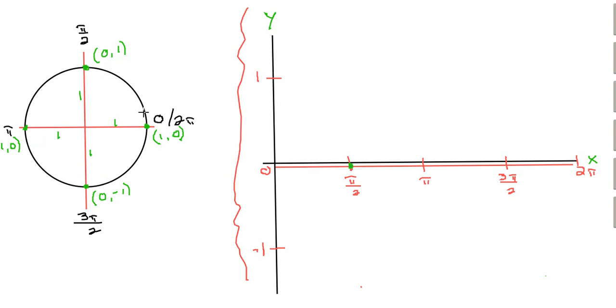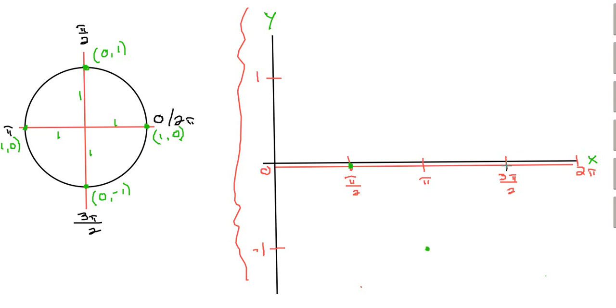It's equal to 0. At pi, the x value is negative 1, and the r, again, is always 1. So x over r, negative 1 over 1 is equal to negative 1. So when we go pi distance along the x-axis, we then have to plot a point at negative 1,